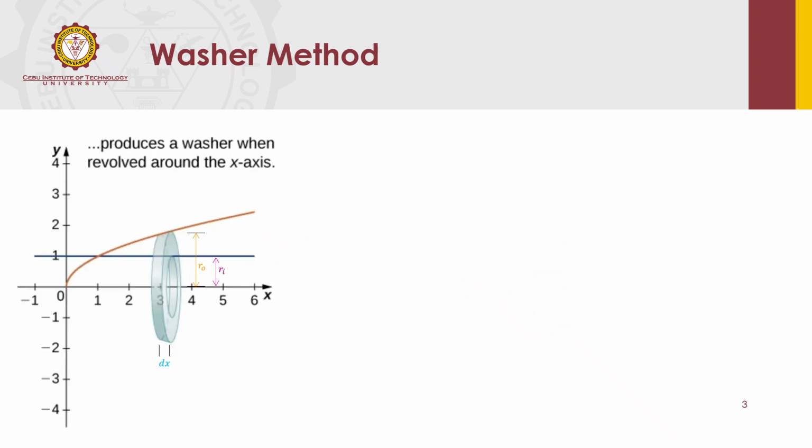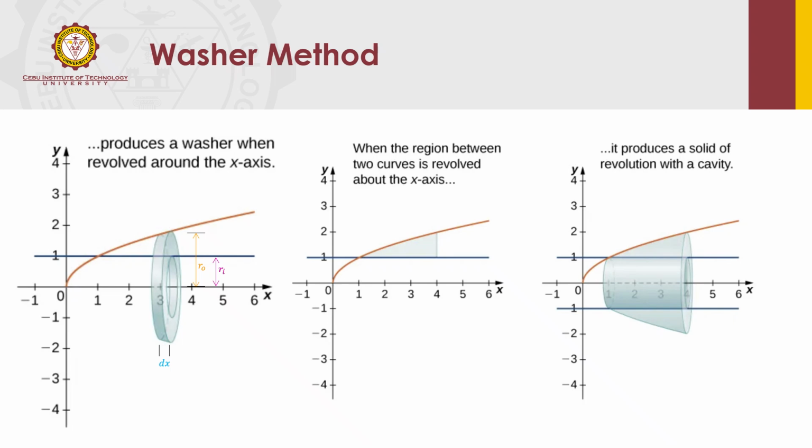If the entire area is from this point to this point, this is how the solid looks. It's a cylinder inside. The hollow part is cylindrical, and the outer part is a portion of a cone. If the cone is cut here, it forms this set of thin slices, thin washers.